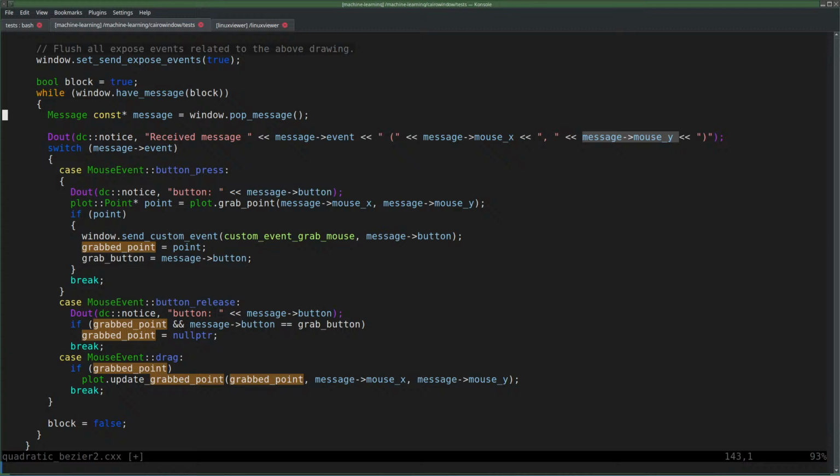Also, if I click the mouse and we wake up because there was a message, and then we find out that there is nothing under it, so the point is 0, then I don't update anything. Well, if it is being pressed, then we still have to grab the mouse first. I don't really care where the XY coordinates are. And we don't get any other coordinates